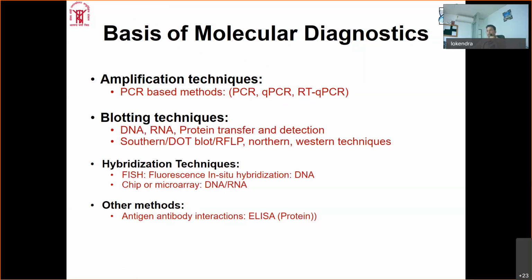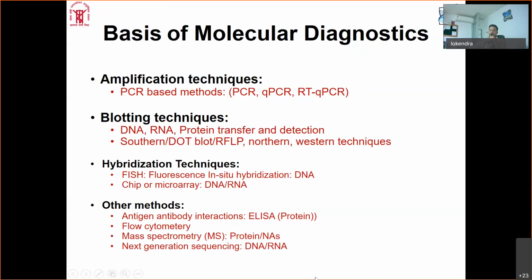and mainly used for protein or antigen detection. There are other methods: flow cytometry, mass spectrometry. So flow cytometry again is based on your fluorescent properties, based on the cell size, shape, and their complexity, and also it can be modified by the use of various specific identification molecules such as cell surface receptors. So that can be used in terms of defining a certain population of cells. So we will be discussing a little bit more.